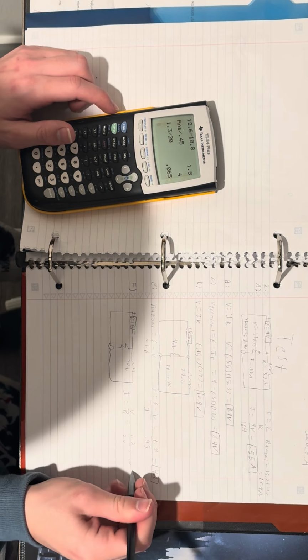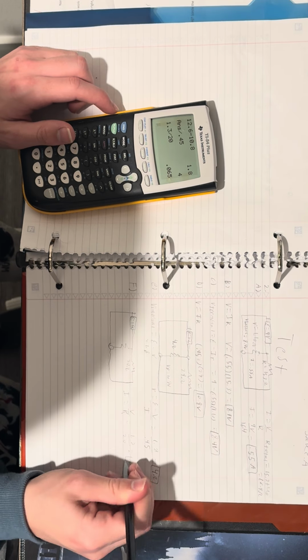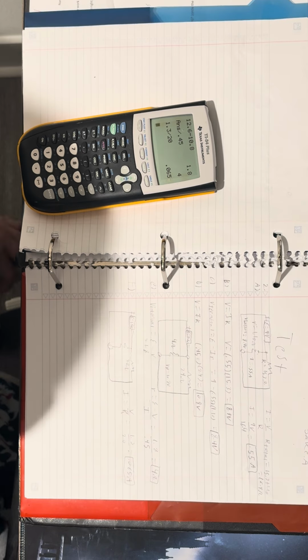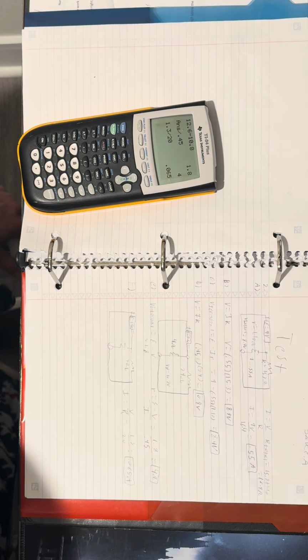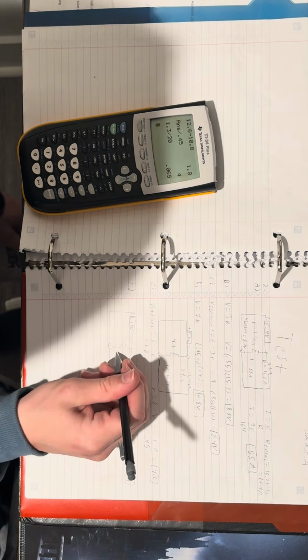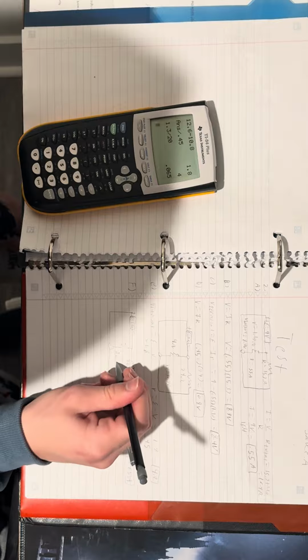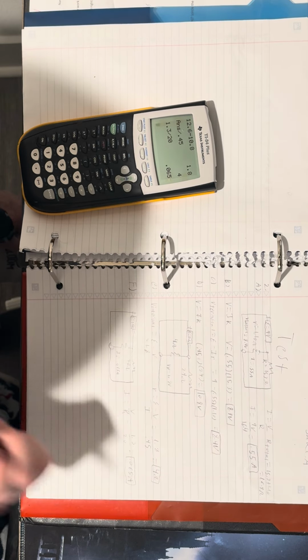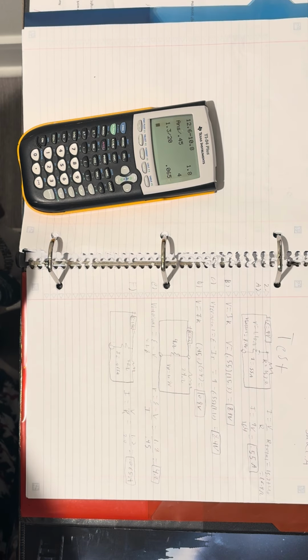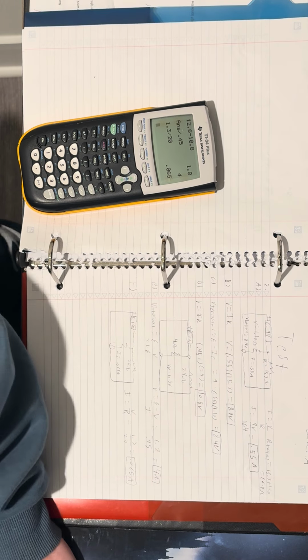Which is 0.065 A. And this is for the current. 0.065 A. Still don't have that internal resistance, but